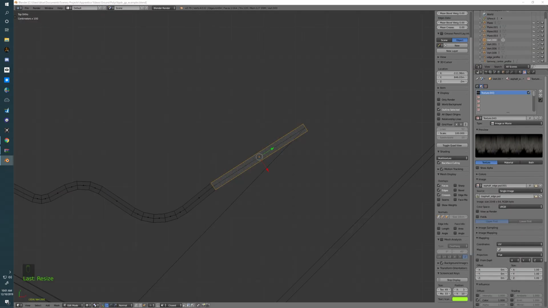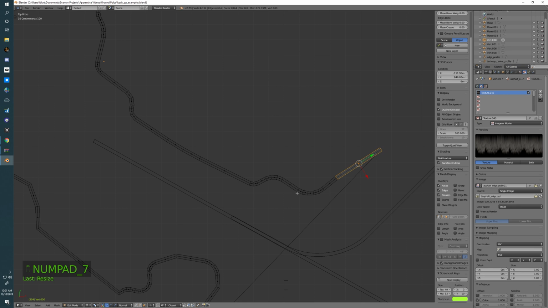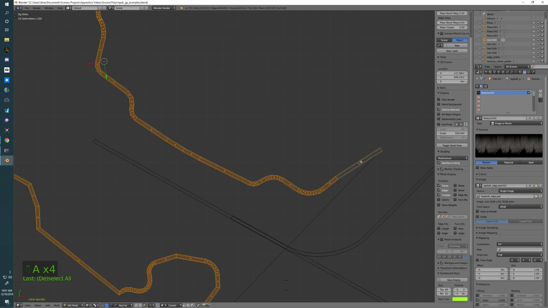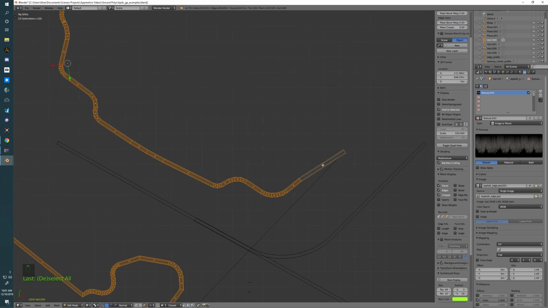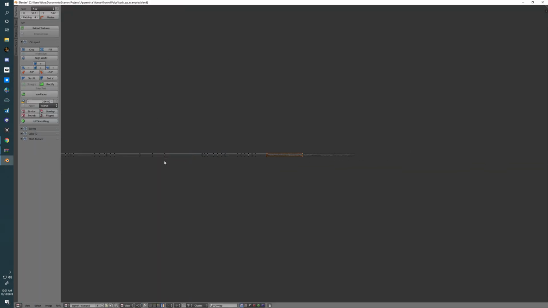Alright, and then I'm going to go back to this mode here. Go back to our edit mode, and I'm going to select all, and making sure that the active polygon in the selection is the one that we just did the mapping on. I'm going to hit the U key, and I'm going to use follow active quads, length average is fine, and hit OK. And what that does is it unwraps the entire line